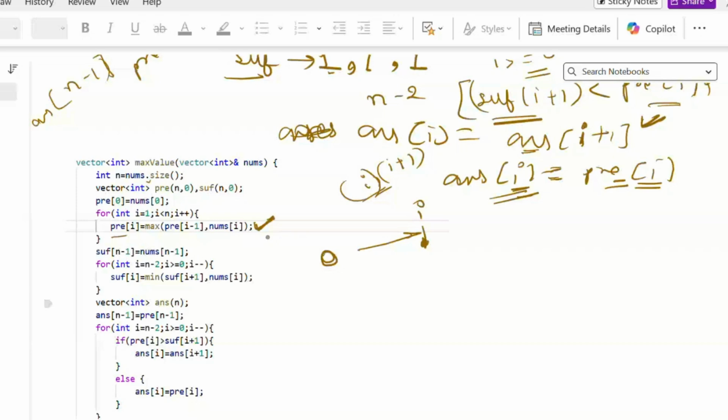And if we see the time complexity, in this case it will be big O of n, because we used only one for loop everywhere. And space complexity will be 2 into n, because we use 2 vectors, not 2 actually 3 vectors. This answer vector I have also used, but this is constant, so space complexity will be big O of n. So this is our time complexity, and this is our space complexity.